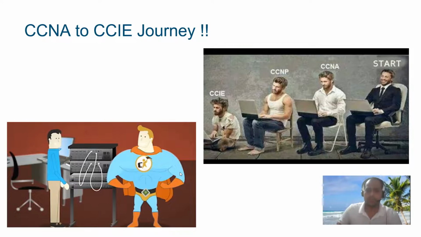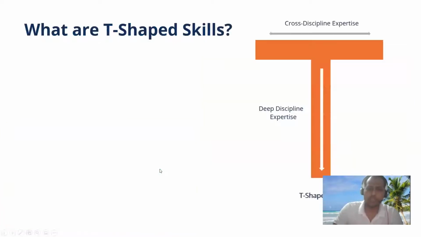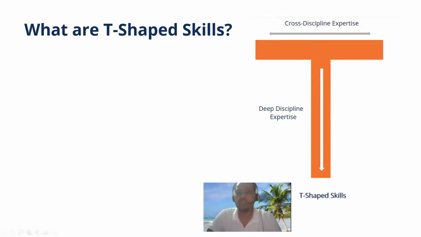Why is there a change? Because there is a change in the strategy of companies as well. So try to understand the change. First of all, I always tell this thing that you should have T-shaped skill. That means in one core area, you are the expert. No one can touch you. But in other fields also, you should have the knowledge.